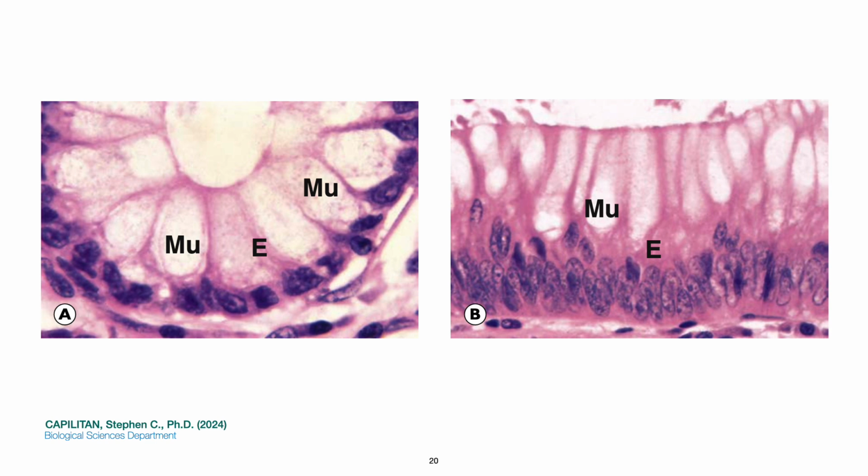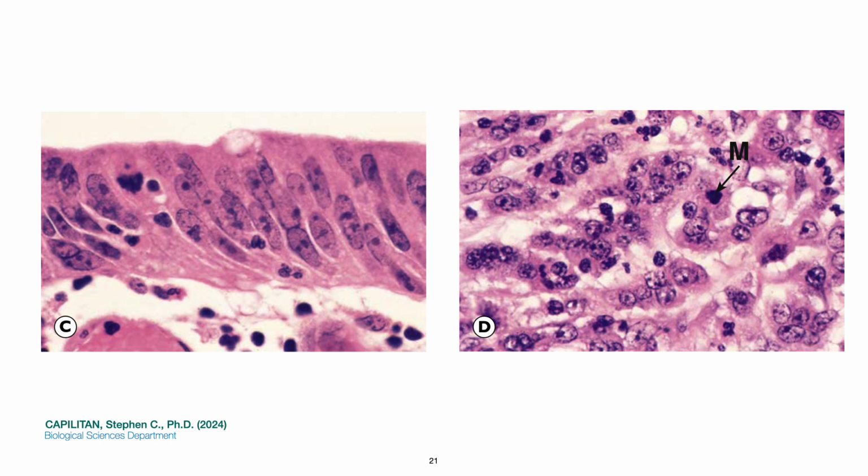The main points of difference are that the cells of the benign neoplasm contain less mucin, in letter Mu, and their nuclei are larger and more crowded. The cells of the well-differentiated malignant neoplasm in C are also tall and columnar, but the nuclei are more irregular in modes of